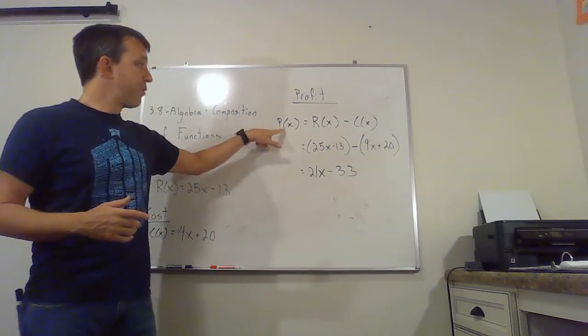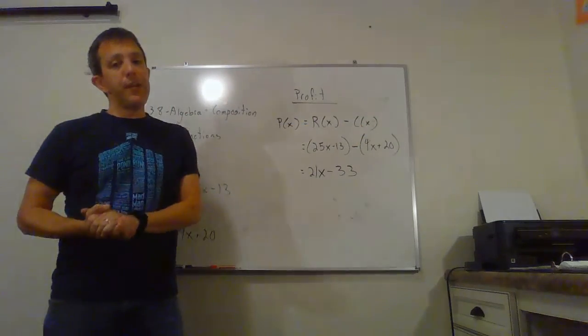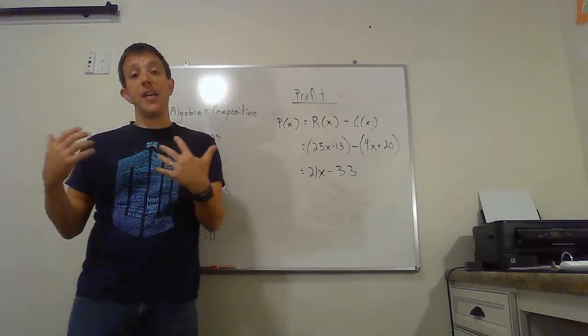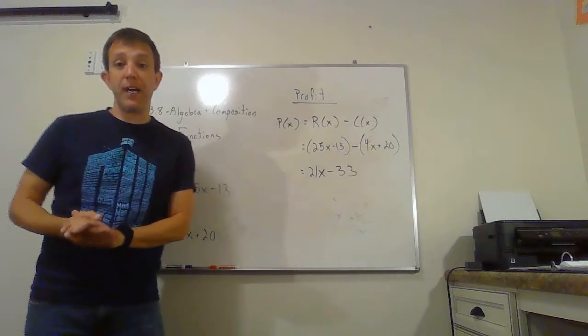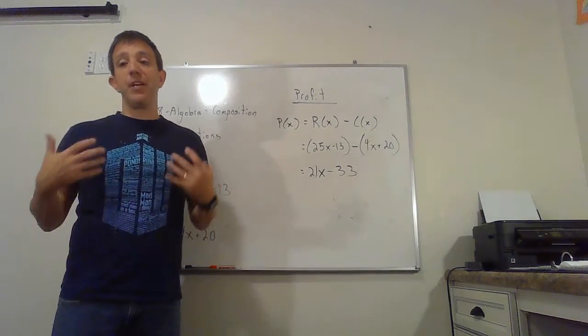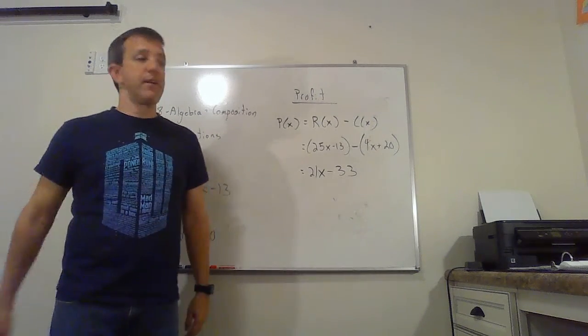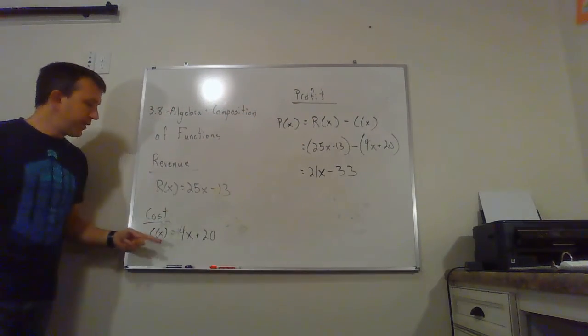And so in other words, profit is revenue minus cost. And this is the kind of thing we're going to be looking at in this section, taking functions and adding them or subtracting them, multiplying, dividing. And we just want to look at how it works and what it looks like. So in this case, profit is revenue minus cost,